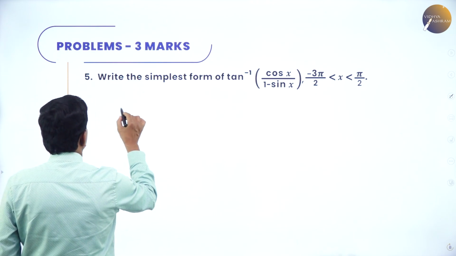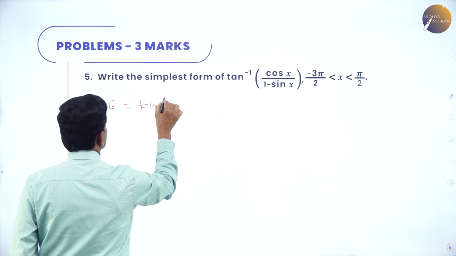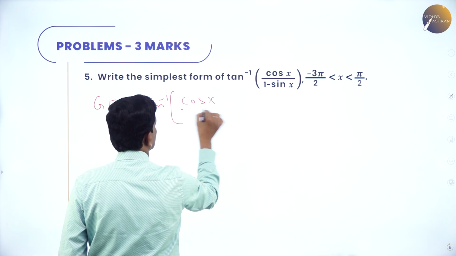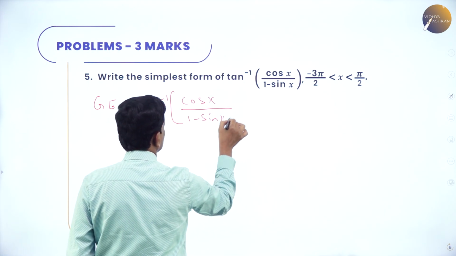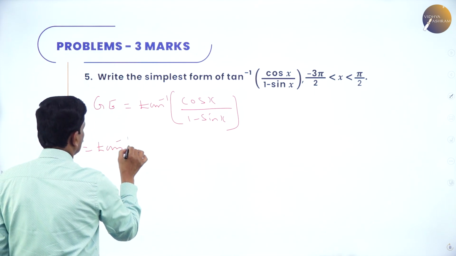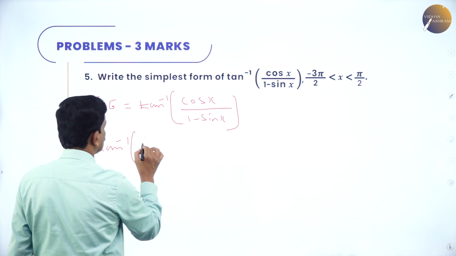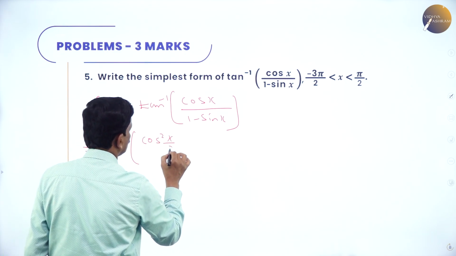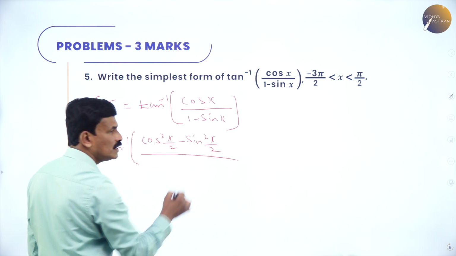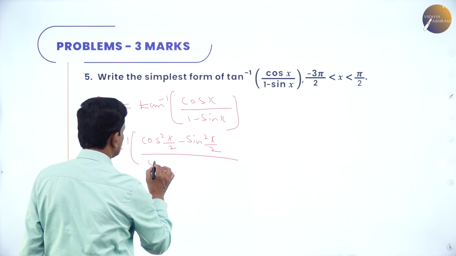Now, this given equation can be written as tan inverse of cos x divided by 1 minus sin x. Just make use of half angle formulas. cos theta is equal to cos square theta by 2 minus sin square theta by 2. Instead of theta, it is cos square x by 2 minus sin square x by 2, whole divided by, in the denominator, 1, which is also equal to cos square x by 2 plus sin square x by 2,